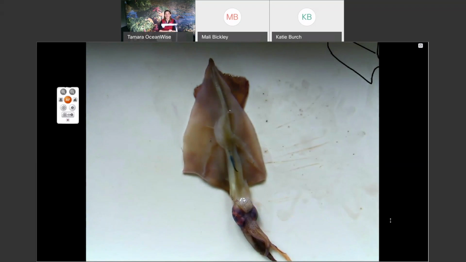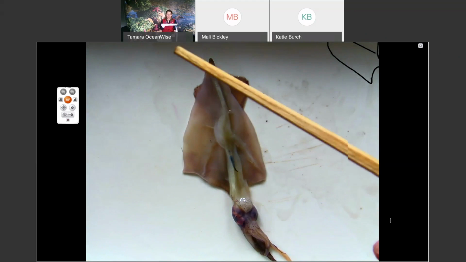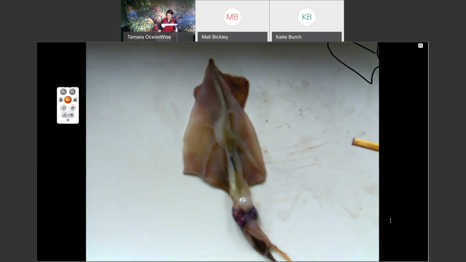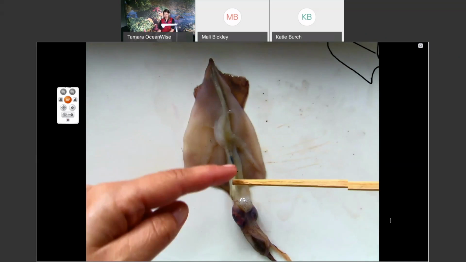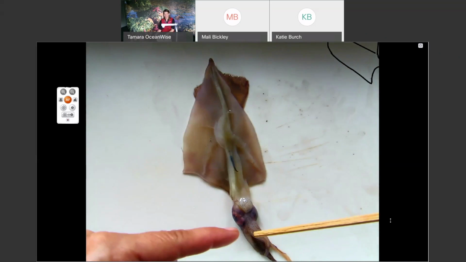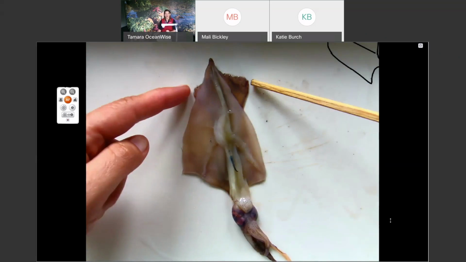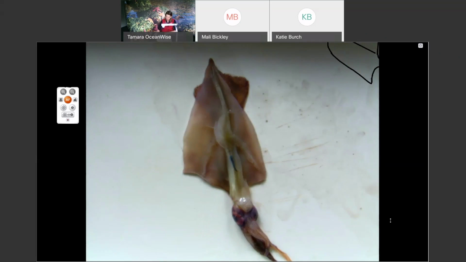That is called a siphon. And that is how these squid move primarily. What they do is they suck water up into that mantle, and they squeeze it out through the siphon. And it works like a jet to move them. So squid will use jet propulsion to move around, sucking water into their mantle, pushing it out through the siphon, using these little fins up top to steer, but also their digestive system goes out through the siphon, as does